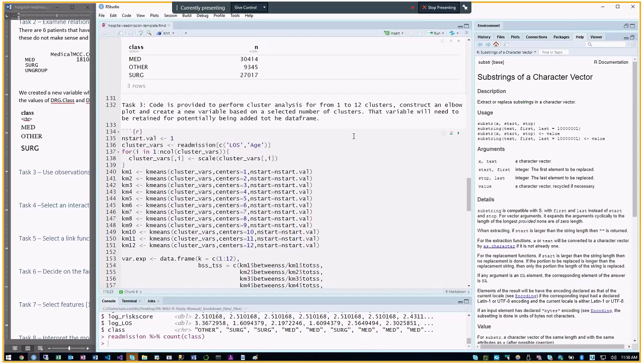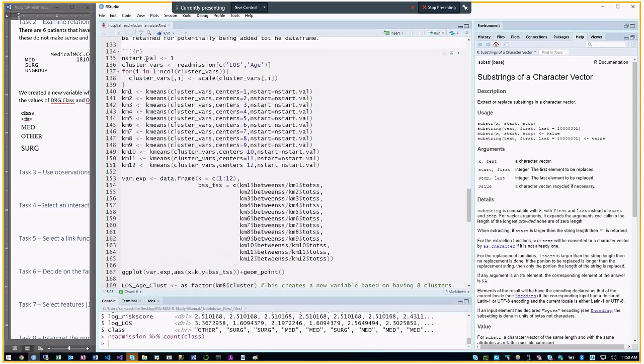Okay, so you can see that they define n start to be 1, and then they say cluster vars are length of stay and age. We know right away that we took a log transform of length of stay. We did not transform age, so we'll have to change this. And then for each of the cluster vars,